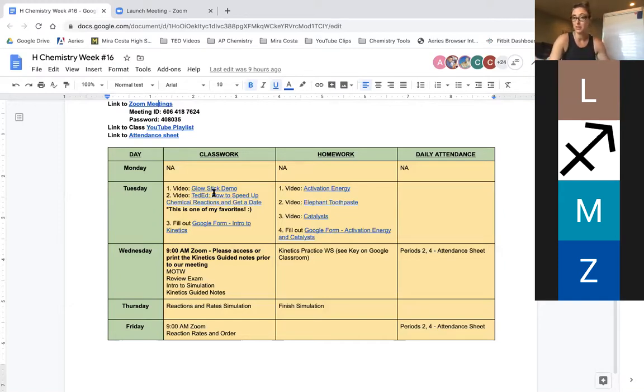try it at home. If you got some glow sticks sitting around, you got younger siblings, this is a fun one to do. Glow sticks are indeed a chemical reaction. What we have inside of a plastic glow stick, if you could open it up, there's a fluid around the outside, and then there's a glass tube on the inside that contains other reactant molecules as well. So when you break the glow stick, the reactants are able to interact with one another. And once they start interacting with one another, then the reaction happens and it releases a